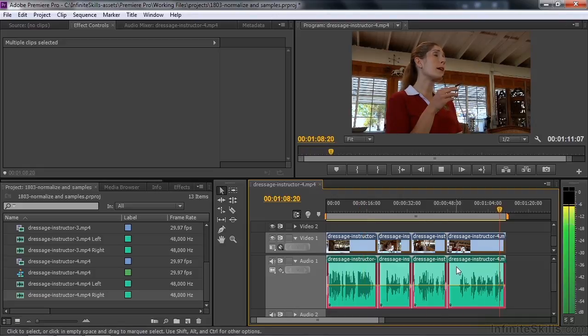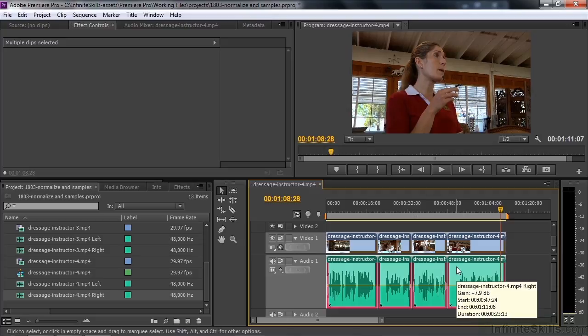That is much better. So the audio volume levels are now going to be consistent throughout, which is great. As I make edits here and put these things together one next to the other, there won't be any funny little jumps when I go from one clip to the next. That's a good thing. Another really cool feature in Premiere Pro is that you can do what's called audio sample-based